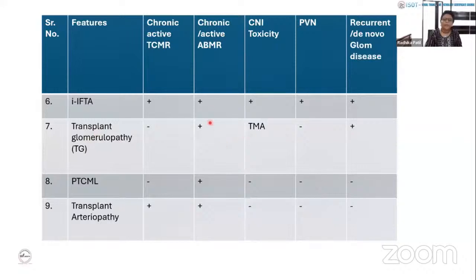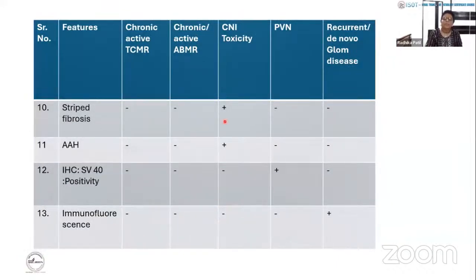Transplant glomerulopathy, that is duplication of the glomerular basement membrane, is seen in chronic active or chronic ABMR, or in CNI toxicity where TMA changes are seen. PTCML, that is peritubular capillary multilayering, is seen in chronic active or chronic ABMR. Transplant arteriopathy in both rejections. Striped fibrosis is diagnostic for CNI toxicity. Also, nodular arteriolar hyalinosis is for CNI toxicity. IHC for SV40 positivity is seen in polyomavirus nephropathy, and immunofluorescence to rule out any recurrent or de novo glomerular